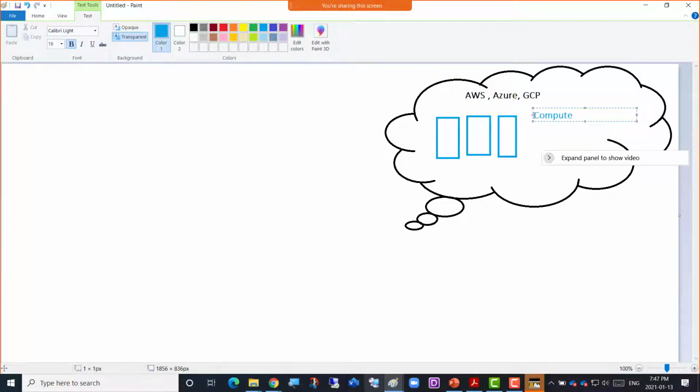Then you also go for storage. You also go for network and databases. So this is purely on the cloud. You don't have anything else other than in their remote data centers.